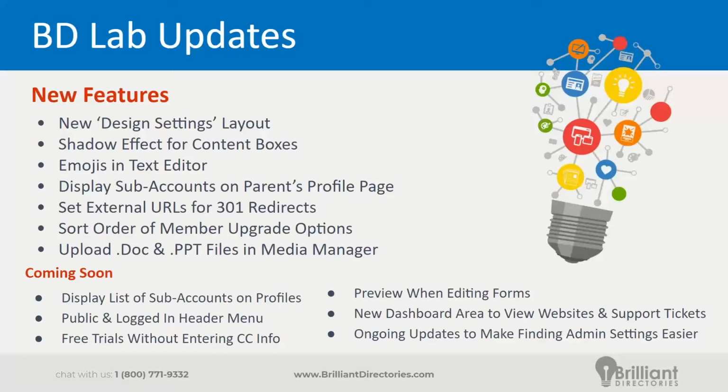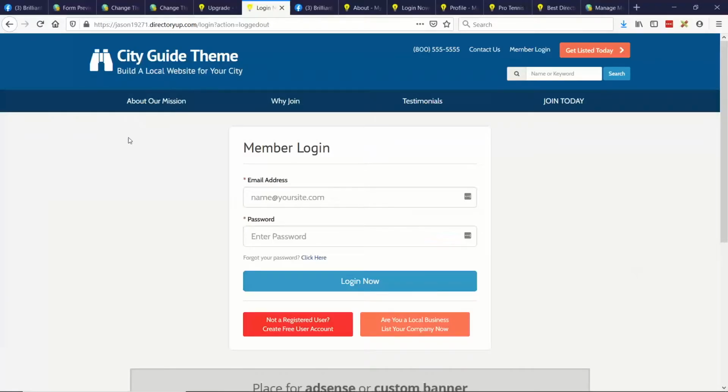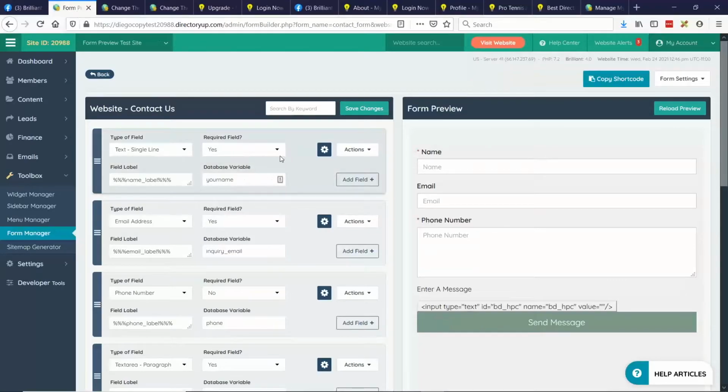Another update coming down the line, we did share this in the Facebook group. When you're editing forms, maybe you're creating a custom form or editing a default form in the admin area, we are working towards providing you a preview of your changes as you're working on the form. I have a small example of what that would look like. This is just a test site. You would work on your form here on the left, and you would be able to see a preview of it here on the right side. So rather than going to the front end of your site and having to refresh the page to see the changes there, our aim is that you'll be able to see a preview of the form while you're working on it here in the admin area.